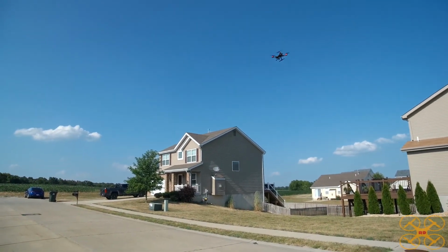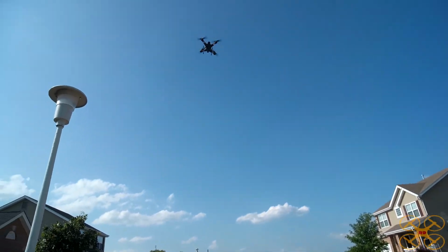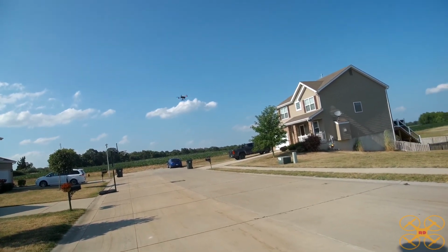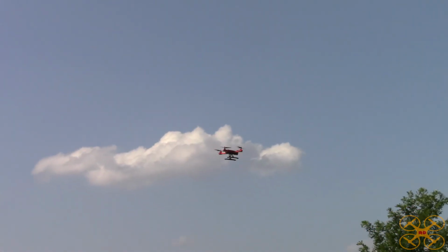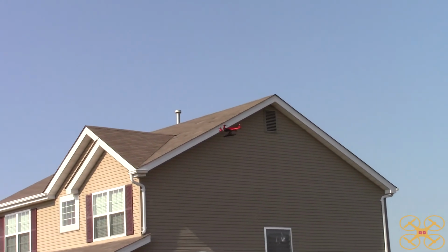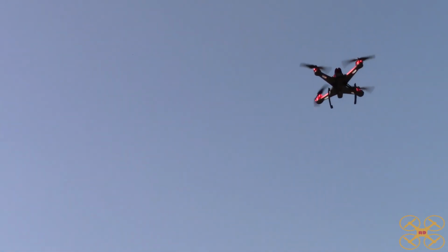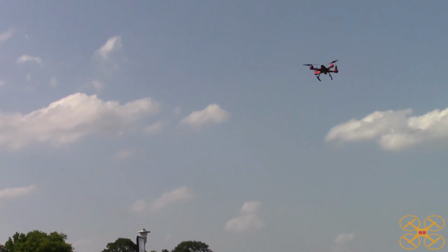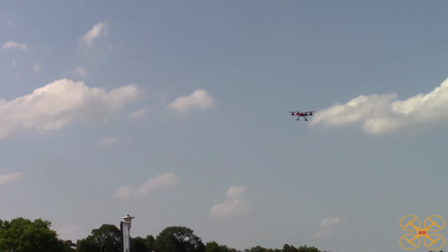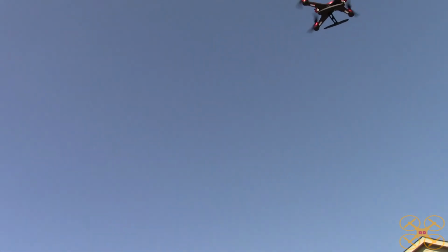Let's try a forward flip. It does, of course, give itself some extra clearance. Kind of flying by FPV. The FPV is a little laggy, but it's about what you'd expect. I've seen worse, but I've also seen a little bit better. Just make sure that the antenna is aiming down. Like I said, for being a little bit bigger foldable drone,